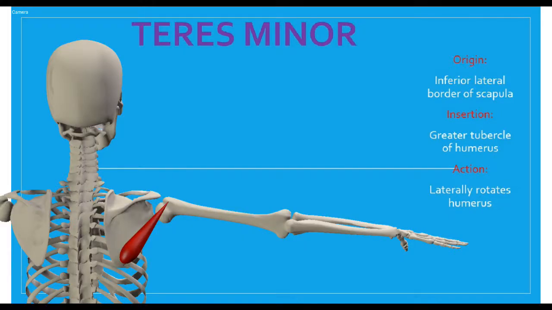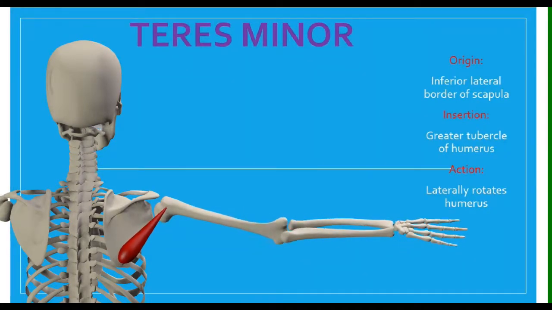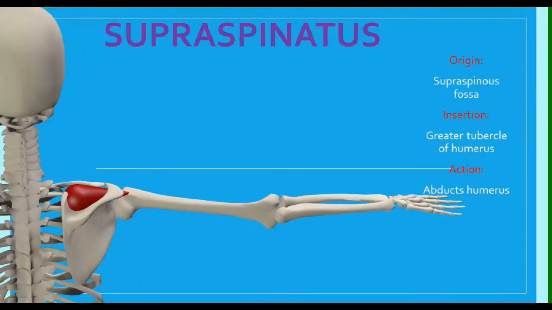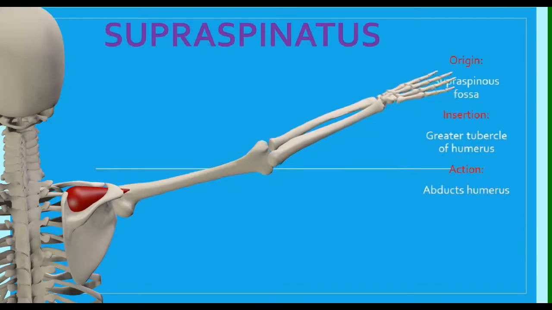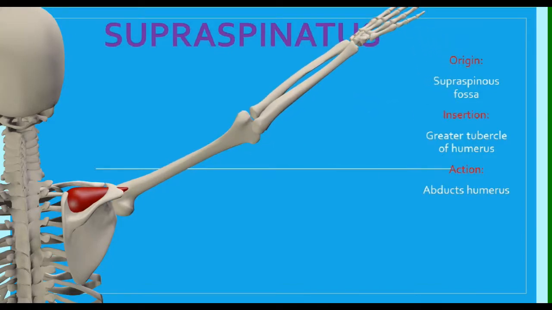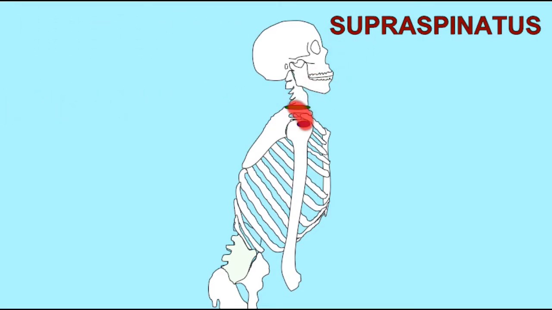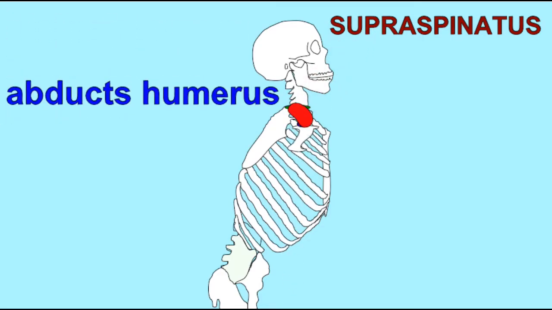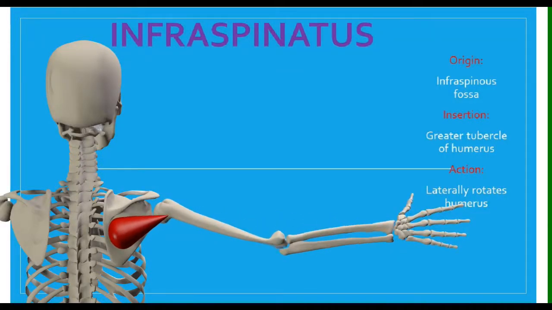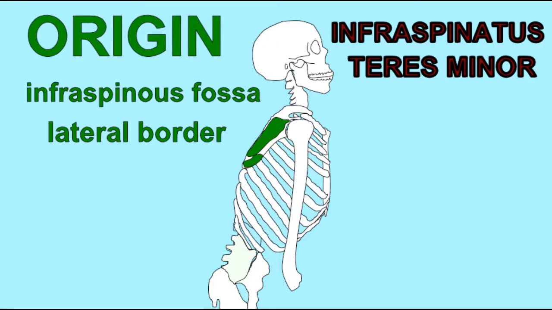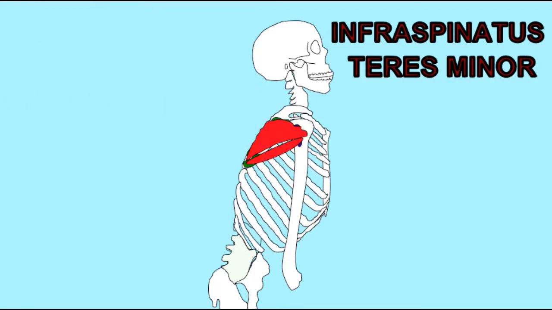The teres minor originates on the inferior lateral border of the scapula and inserts on the greater tubercle of the humerus, where it can laterally rotate the arm. The supraspinatus originates in the supraspinous fossa of the scapula, inserts on the greater tubercle of the humerus, and can abduct the arm. And the infraspinatus originates in the infraspinous fossa of the scapula, inserts onto the greater tubercle of the humerus, and